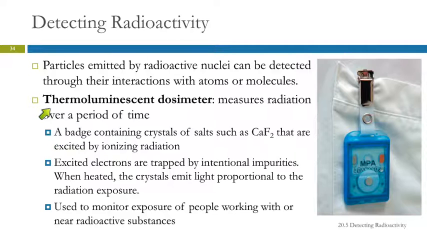This detector here is actually a change since the previous edition of the textbook. So this is interesting. A thermoluminescent dosimeter. A dosimeter measures a dose, right? So this is used to measure exposure of a person to radiation. This doesn't measure instantaneous radiation, but it'll measure the dose of radiation that you've received over a certain period of